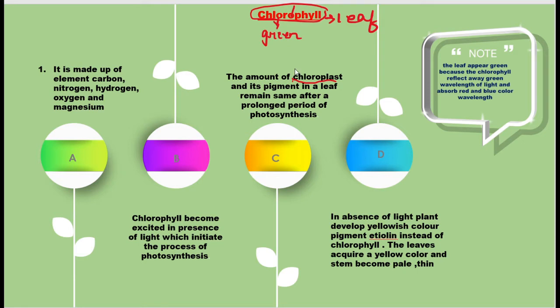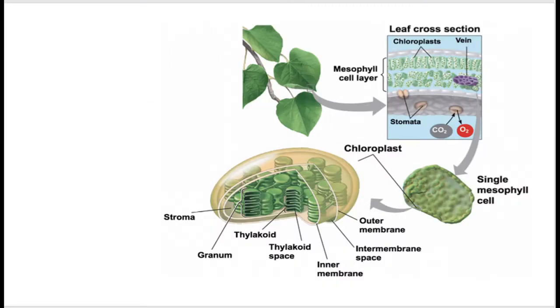So now let us take a dive into the location and the structure of the chloroplast. As you can all see, this is a detailed structure of a leaf, and it is showing the inside parts of it. If we take the leaf and view it under the microscope, we can see the different layers of the leaf. This chloroplast, which contains the chlorophyll, is present in the mesophyll layers.